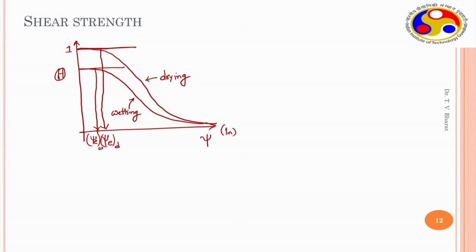Because we have seen that hysteresis exists for the soil water characteristic curve, the drying data exhibits a different trend compared to the wetting data. This is initial drying and this is main wetting. But if you do main drying, then it shows a very good hysteresis loop like this. So, this point and this point again merge. This is main drying.